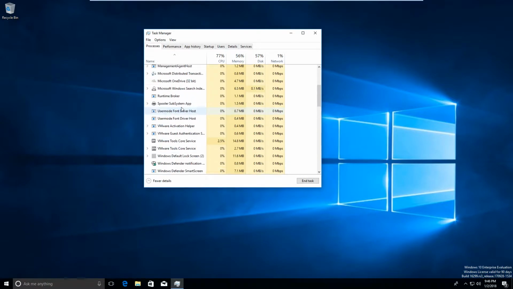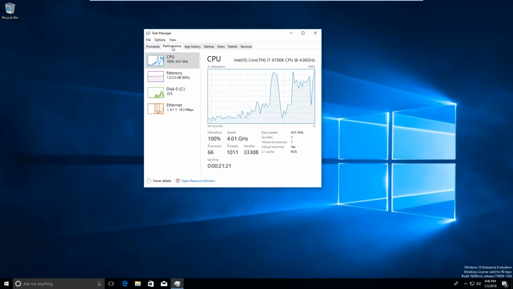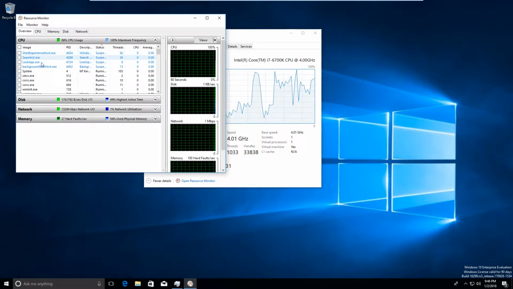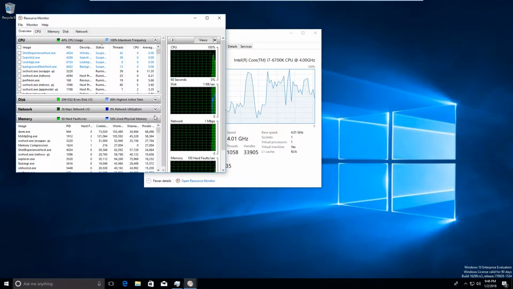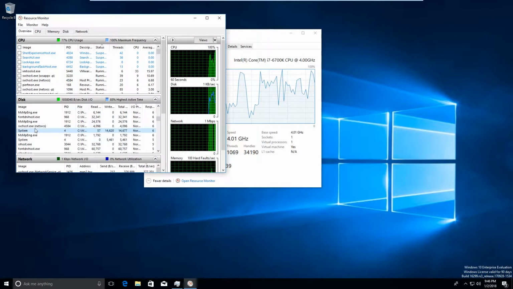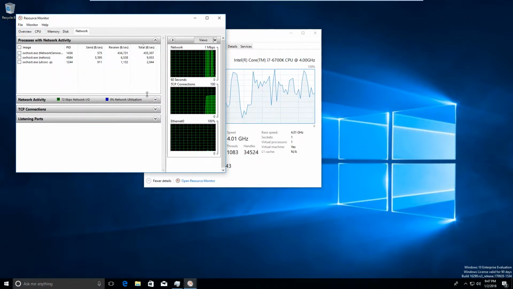So there's processes. Performance, this is general statistics about your computer, but not too in-depth. If you want really in-depth statistics, you can go down here and open the resource monitor, which in this case you can utilize things and show different graphs, and there's all kinds of cool stuff you can do in here. You can just browse through things and do all kinds of really fun things, and we'll get